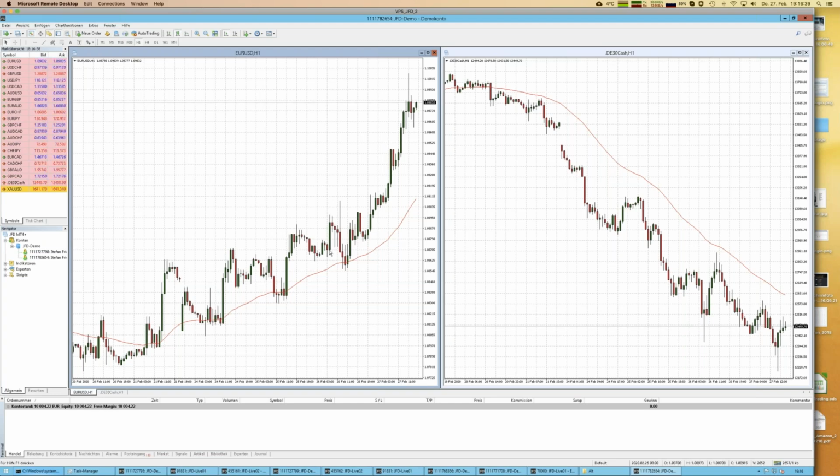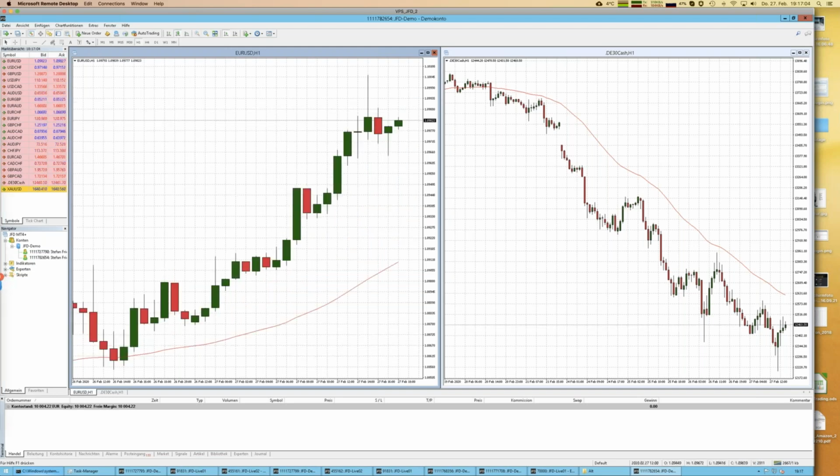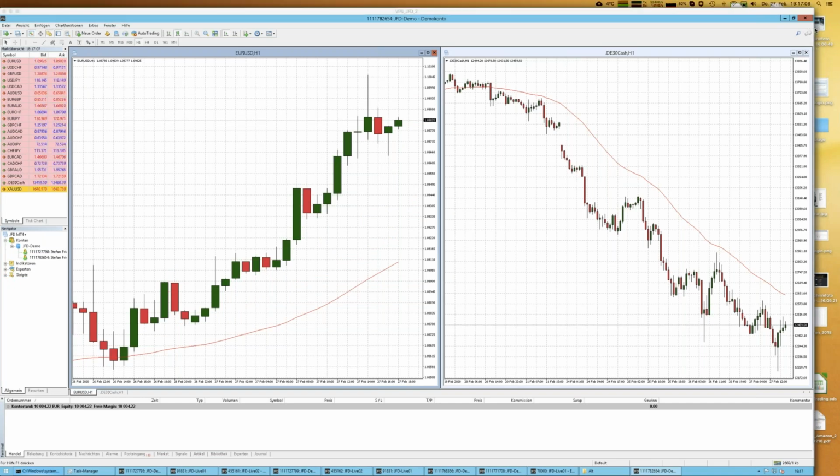And those candles, they illustrate a certain time period. And in my case, it's H1. H stands for hour, so 1 hour. So one candle represents 1 hour, and that representation is done with 4 values. Let me enlarge it here a little bit, and then I would just want to show one candle here, and let's go for this one here.